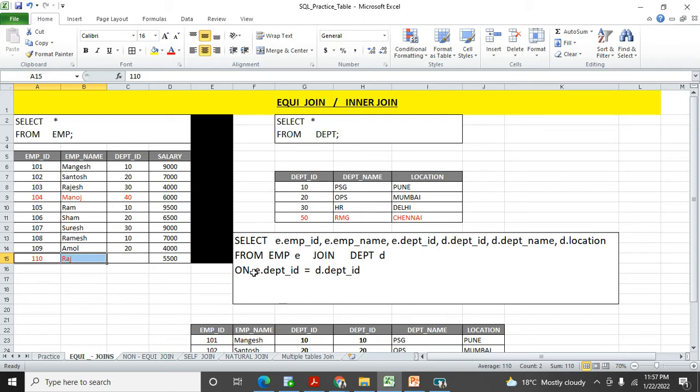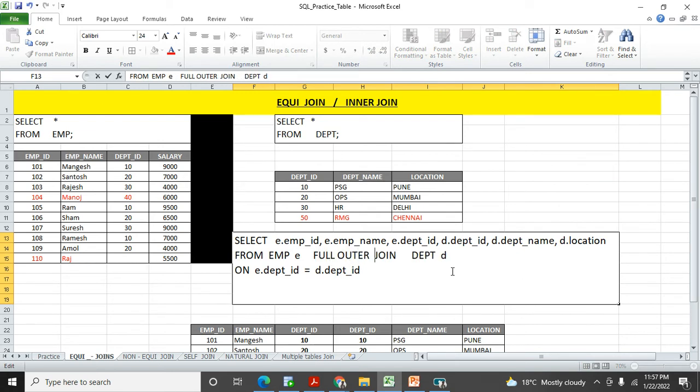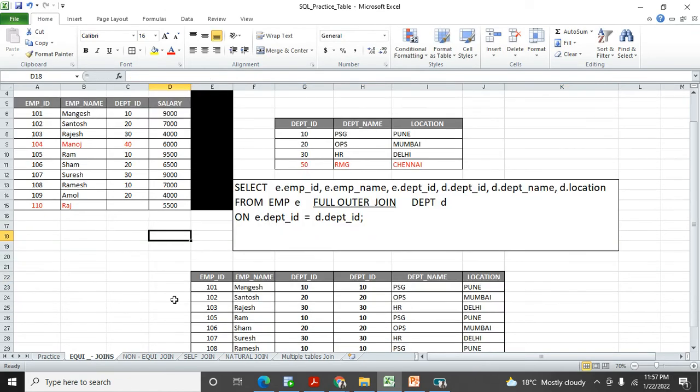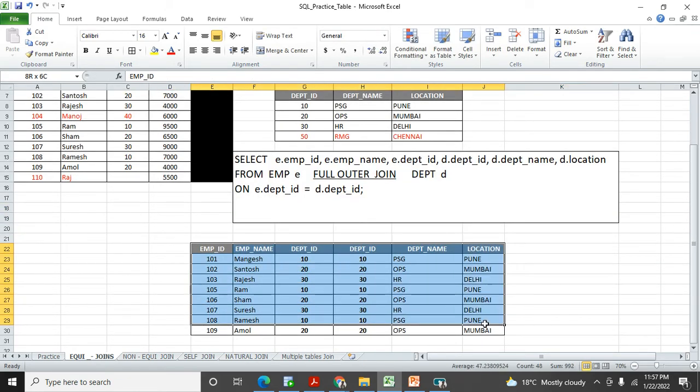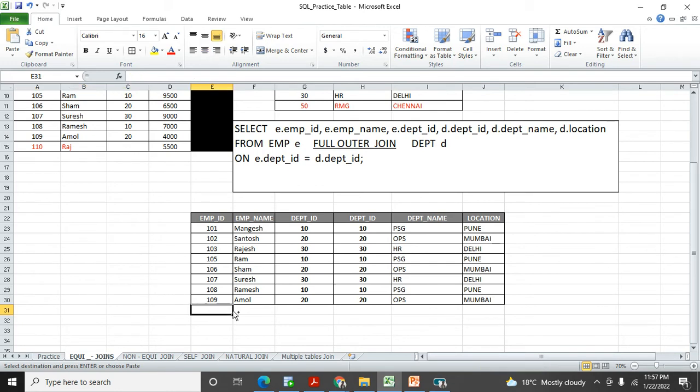What you need to do is just write here full outer join. So with the help of full outer join, both tables will get joined, and you have mentioned full. See, this is your condition. I will finish my query here. Okay, first it will fetch the equal records. Now that is already done, and then in a similar way it will take the non-equal records also, like this. So the Manoj record will get fetched here, then the Raj record will also get fetched here,